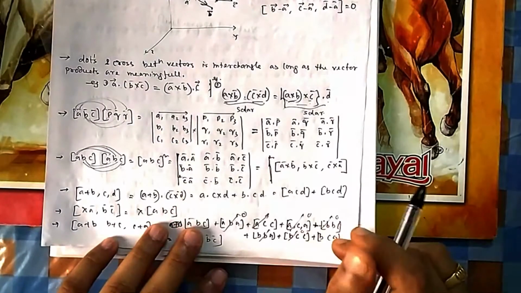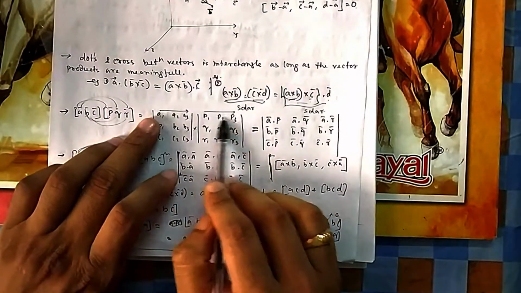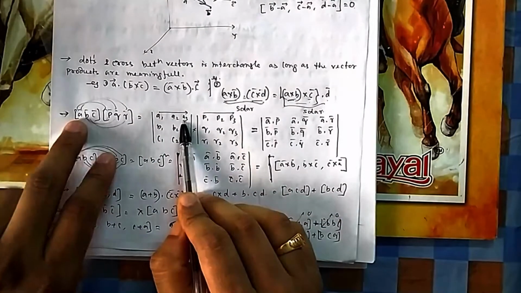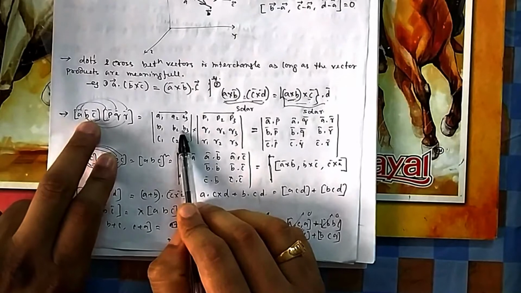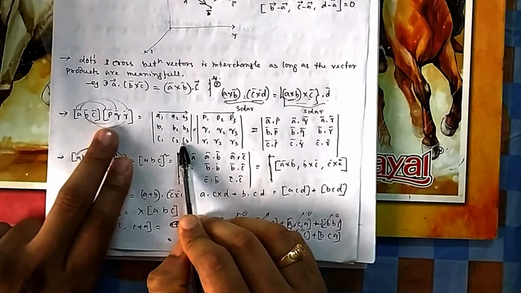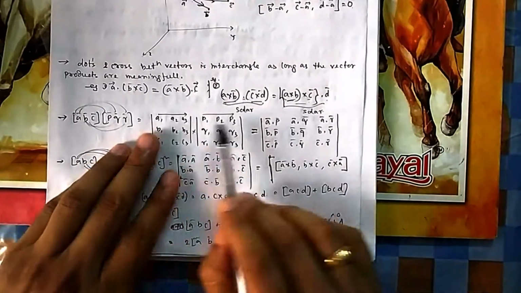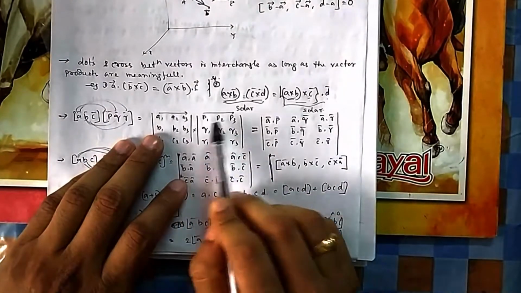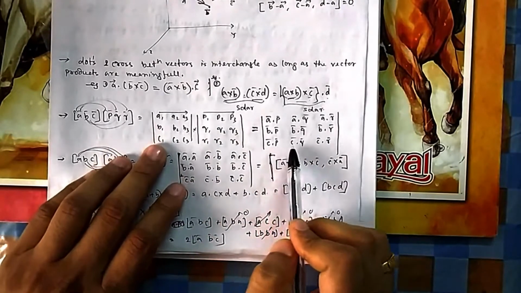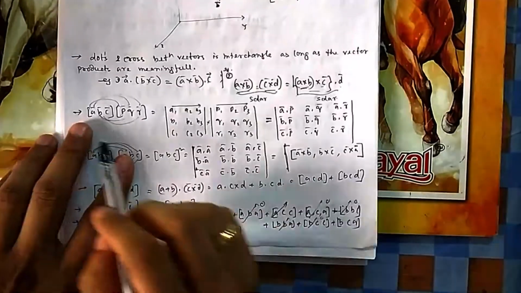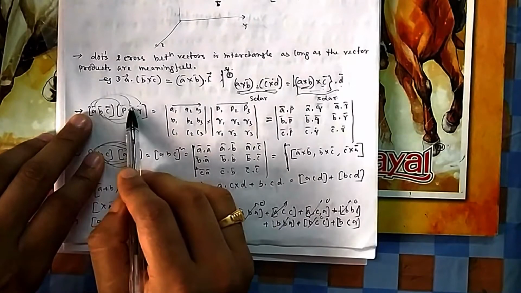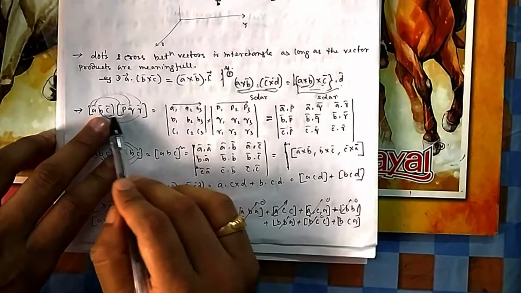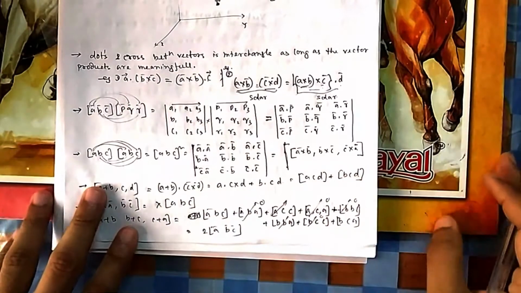If you want to multiply two determinants, if you take the product of these and these, it is nothing but A dot P, you can see. A1, A2, A3 is the vector of A, B1, B2, B3 is the vector of B, C1, C2, C3 is the vector component of C. Similarly PQR. So it is A dot P, next is A dot Q, next is A dot R. Next is B dot P, B dot Q, B dot R, then C dot P, C dot Q, C dot R. So you can remember it this way.